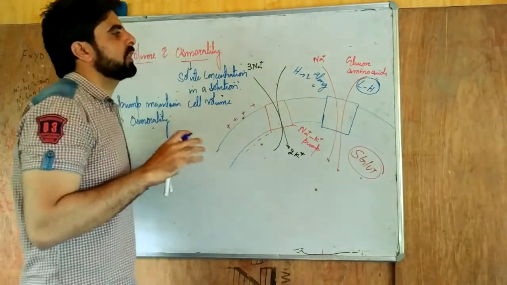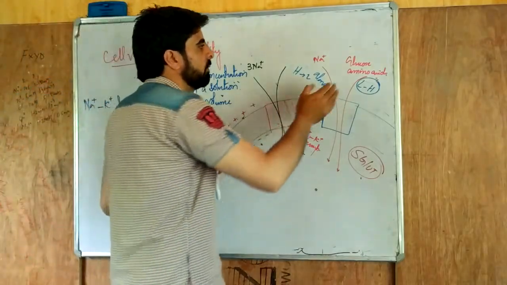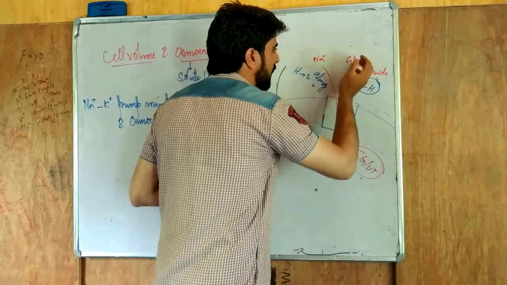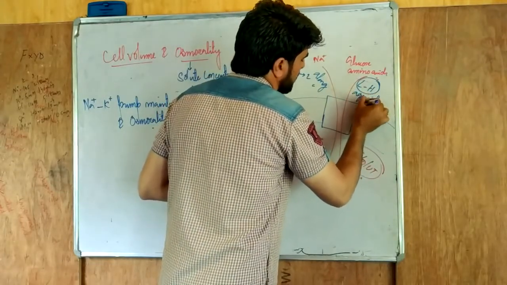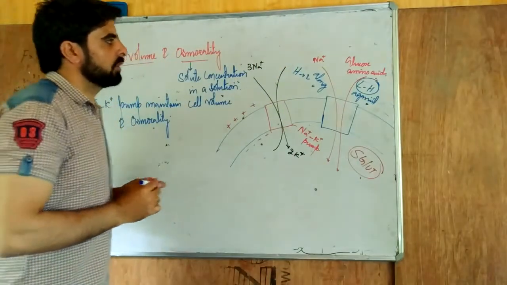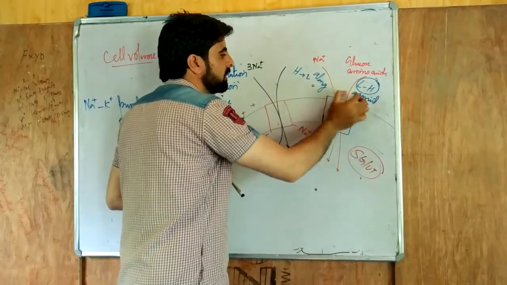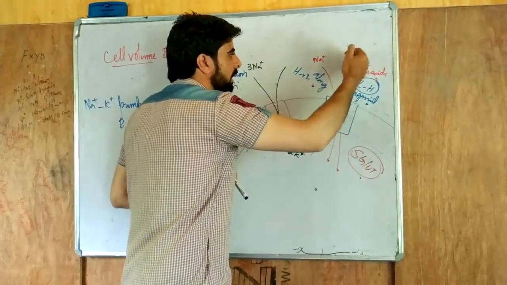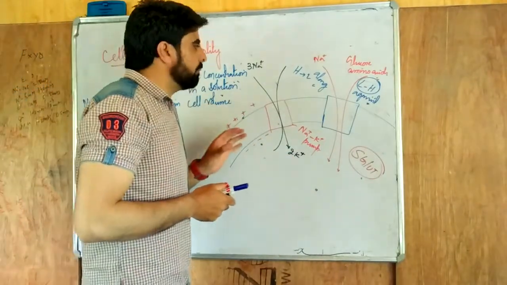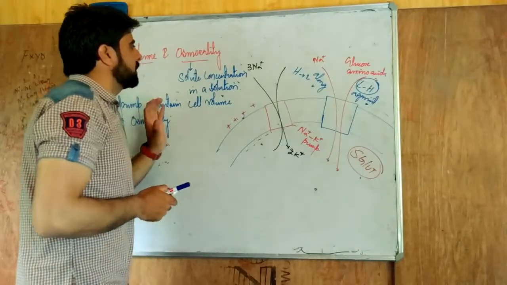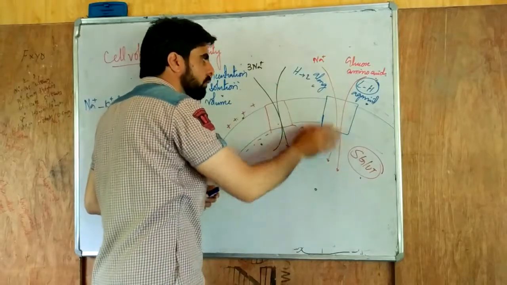Most glucose is transported by a carrier-mediated transporter, which is facilitated diffusion. But you have to keep in mind that here the glucose is taken in against the concentration gradient, from lower concentration to higher concentration. How does it move? When sodium moves from higher concentration to lower, it releases energy. That energy is used by this transporter to take in glucose from lower to higher concentration, which we have discussed. Now the most important thing is cell volume and osmolality. How does it help? Let's have a view. When the sodiums are taken in, more sodium will come in from higher concentration to lower.